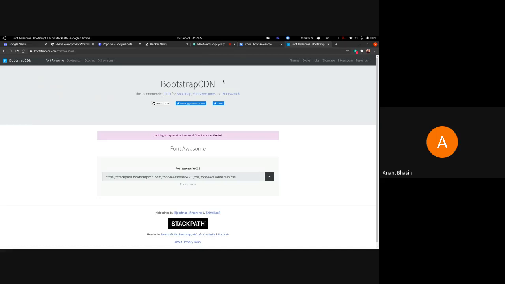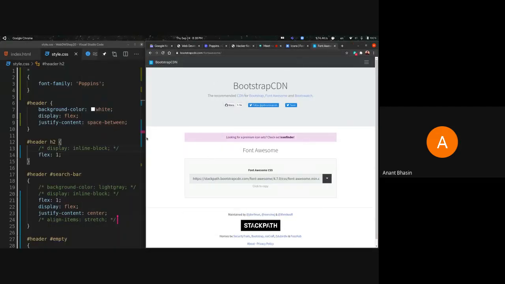So say if you're using this link, right? This link is going to be the same for a variety of projects that also get it from this particular link. So multiple websites can be using this particular link to import Font Awesome. The browsers in this case have this saved locally, so they won't have to fetch this file again and again. So even your website loads a bit quicker if this file is cached in the browser itself. So this is an upside of caching, as opposed to what we saw before, the downside of caching, where you had to reload the web page again and again to make it work.